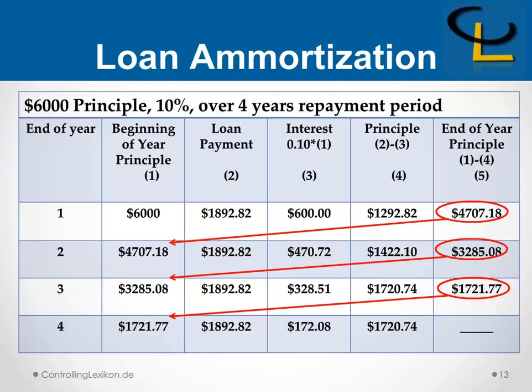And also, to find out the principal, we deduct the interest from the loan payment. So the loan payment is $1,892.82 minus $600, and we get $1,292.82. And also, to find the end of year principal, we deduct the principal from the beginning of year principal. So the beginning of year principal is $6,000 minus $1,292.82, and we get